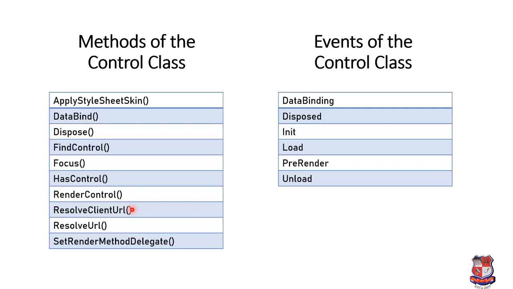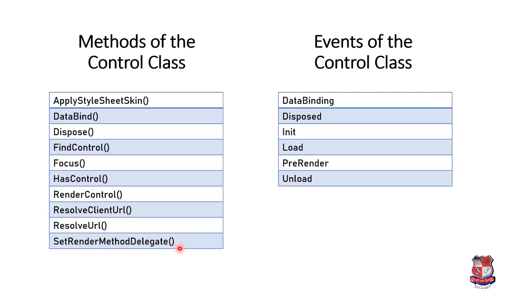Next is ResolveClientUrl. It helps us in getting a uniform resource locator, which means a URL that can be used by a browser. Next is ResolveUrl. It helps us in converting a URL into a derived form. The last method is SetRenderMethodDelegate. It helps us in assigning an event handler delegate to render the server control and its contents into its parent